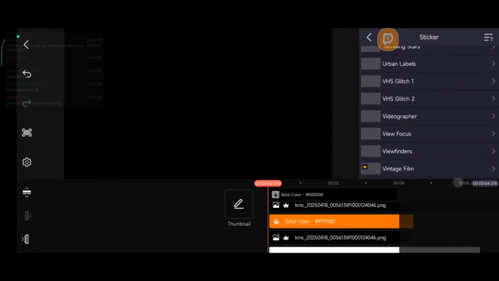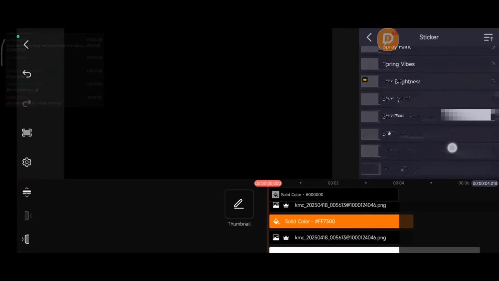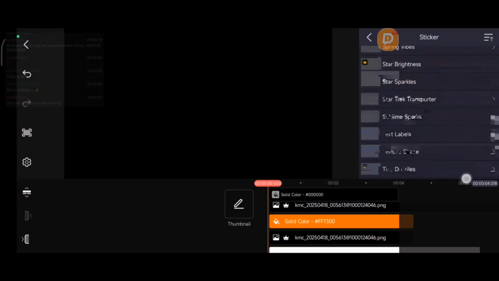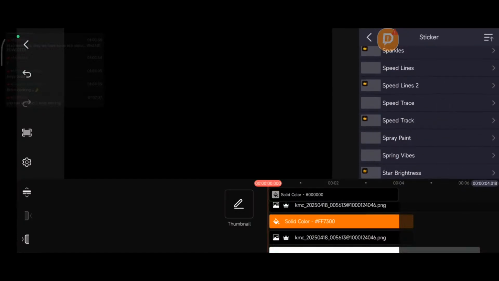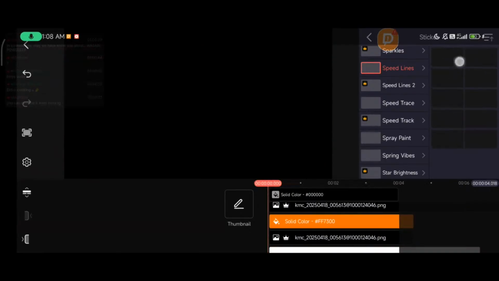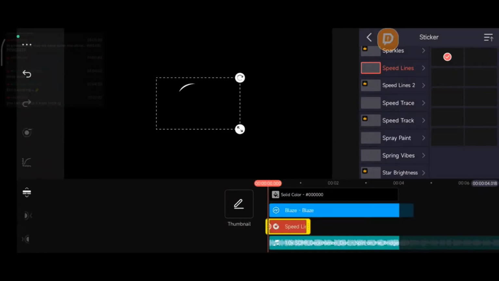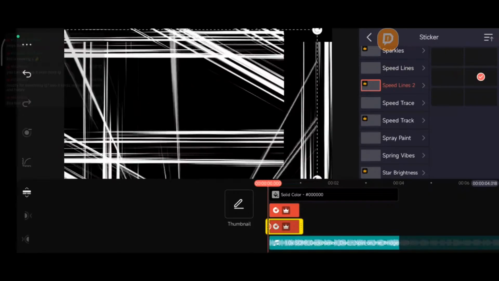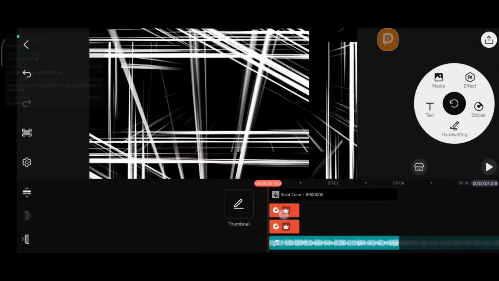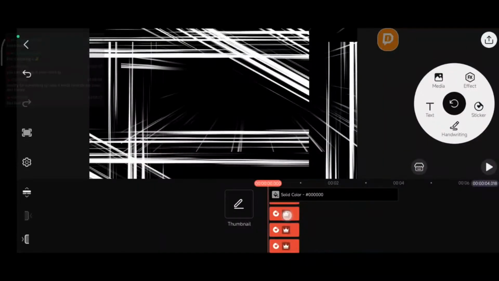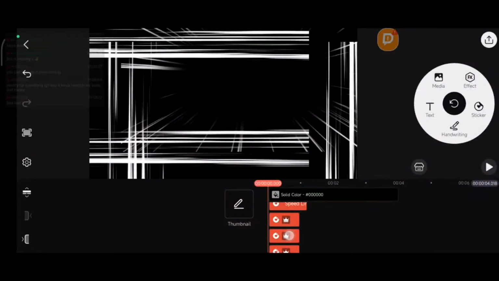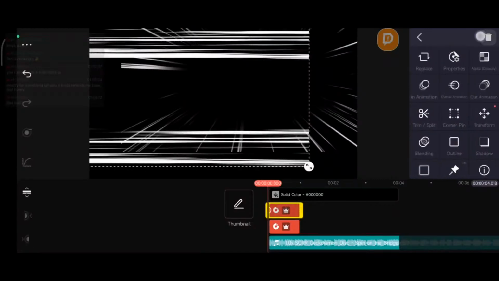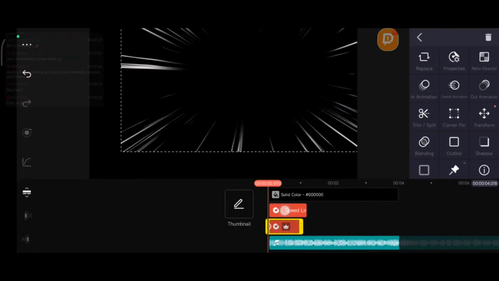I can add a sticker maybe. Let's try it. Line sticker. Oh, there's so many of them. And for some reason, these don't load. So I don't know what I'm... Oh, so these. Man, which one of them? I don't have icons for the assets for some reason. For some reason, KineMaster doesn't